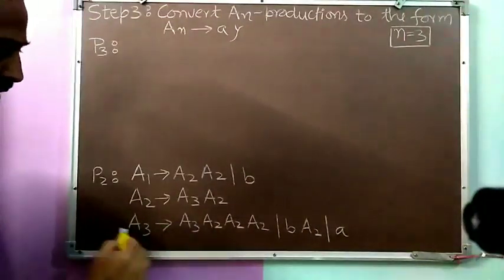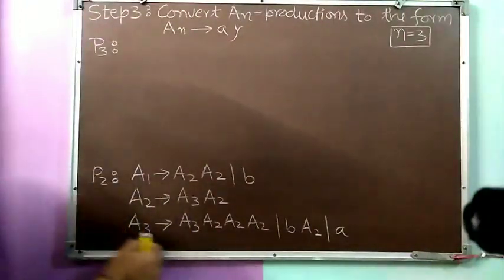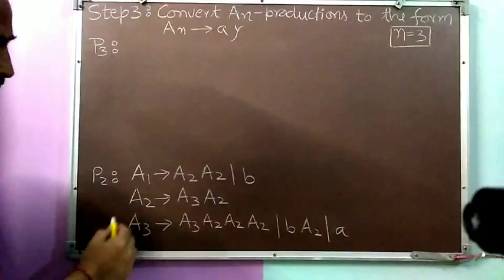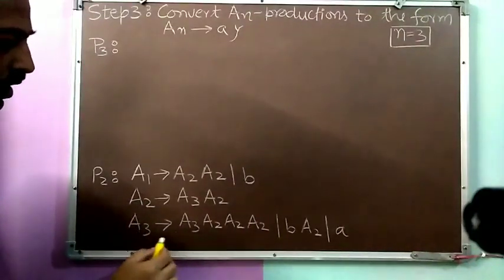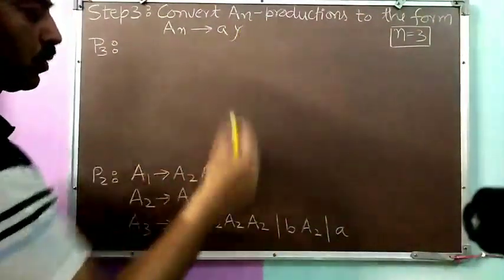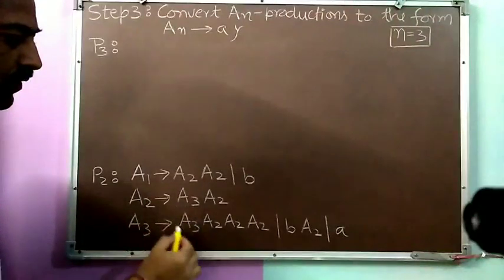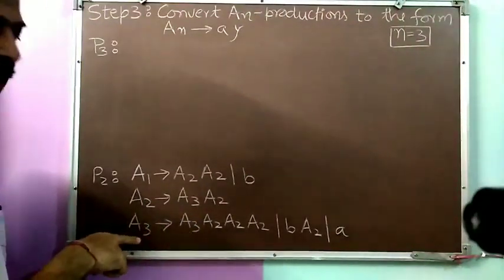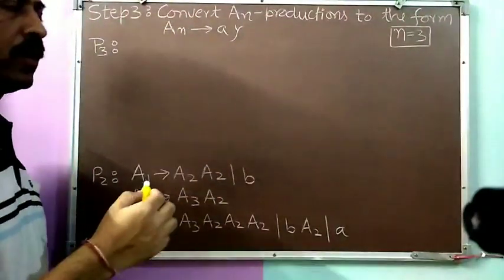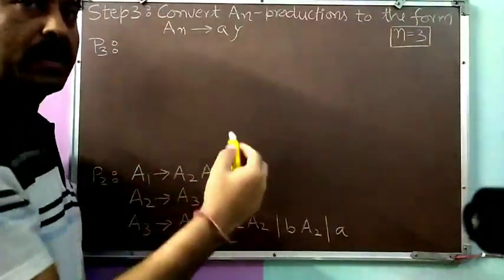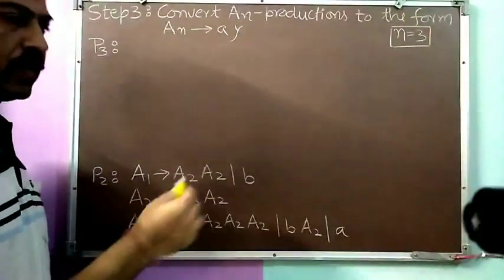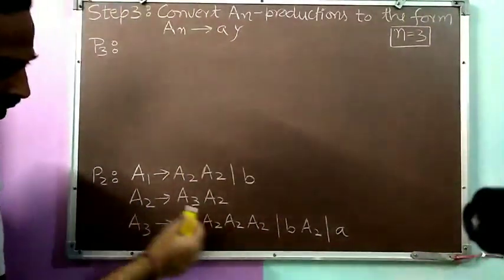Now we have the A3 productions here, which are all the productions we got from the second step, that is the production set P2. So we'll look at the A3 productions. They will either already be in the required form of GNF, that is the form A gamma, or if they have a variable there, it will be the same variable as on the left hand side, as per step 2, because we converted all the productions of the form Ai to Aj gamma such that j is greater than i. So for the last one it may be equal to i as well.